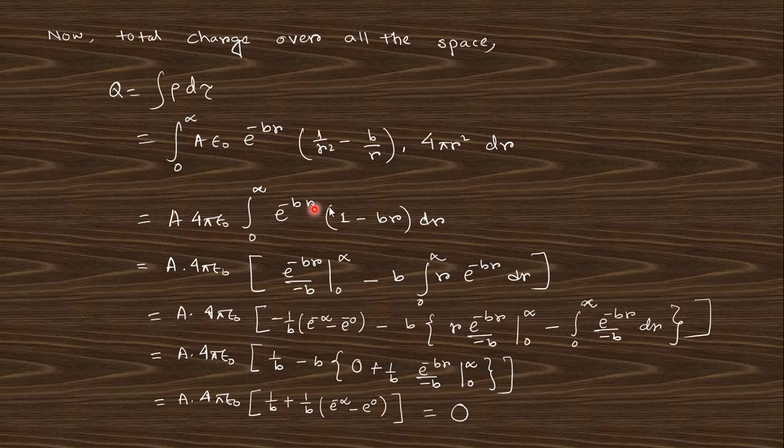So we just integrate this one by the by-parts method. You can see here at infinity this is 0, and at 0 this is 1. In case of infinity, the exponent part is prominent, so e to the power minus infinity is 0, that's why this is total 0. But in case of r equals 0 this will be 0, so 0 into this equals again 0. In case of this also, put this value, and we finally get the total charge is 0.